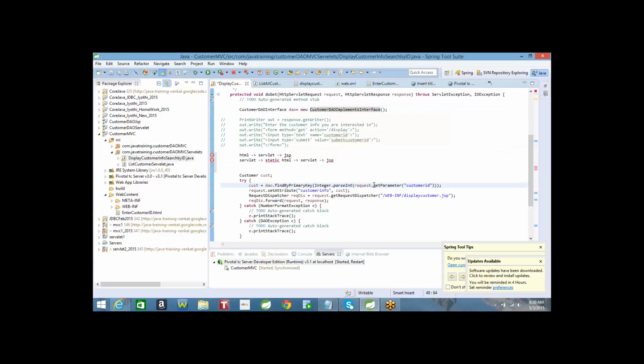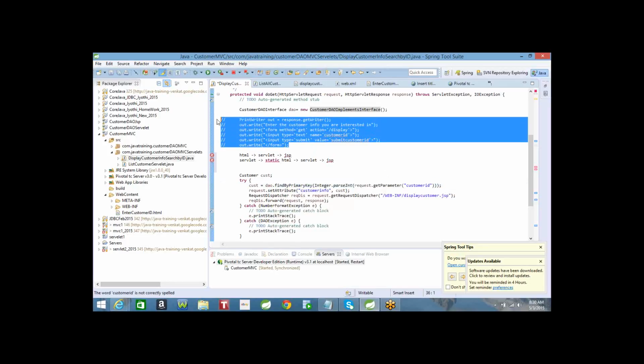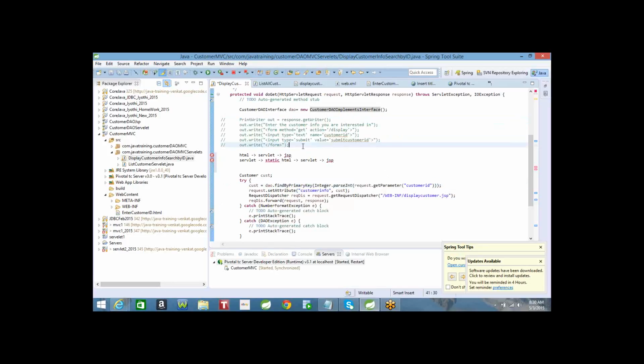So you go and get request.getParameter of customer ID, hold on to it in a String customerID. If customer ID is blank, then take him to this page. Now he will enter and submit it. Now this time customer ID will not be blank. You come back to the same page, same